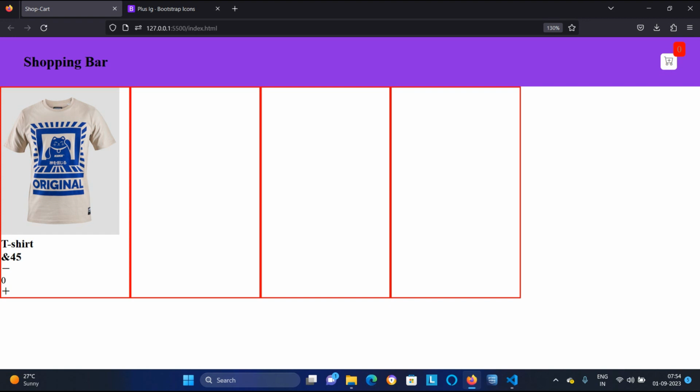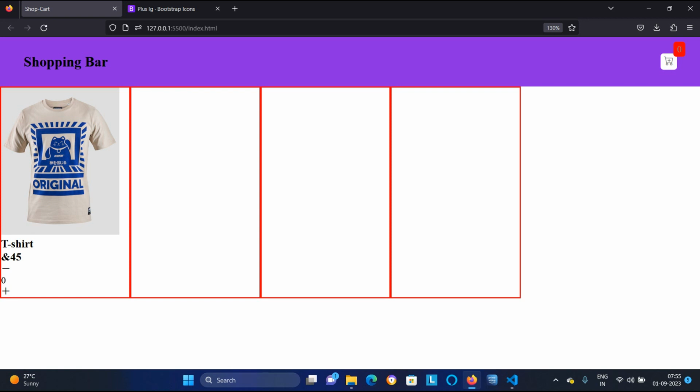We have the 4 grids right now, and I think this nav and these grids are touching right now. This is one element, this is another element.